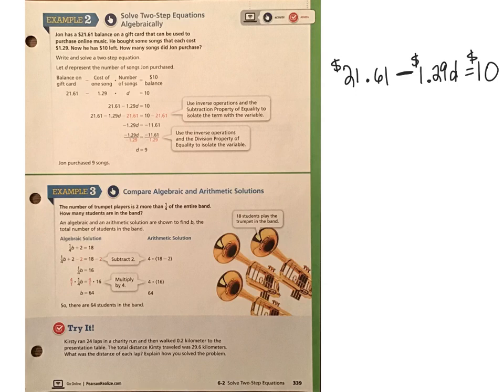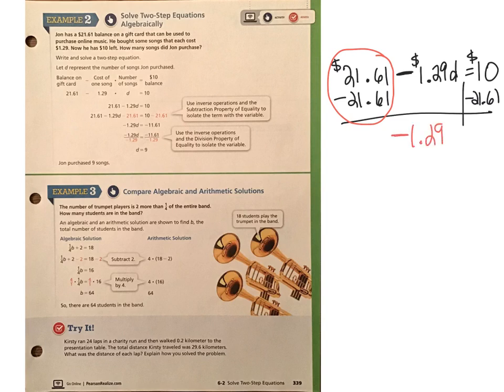Because we are trying to figure out how many songs he purchased, we need to know how much he spent on songs. So in order to know how much he spent on songs, we're going to take away that balance from both sides. Bear with me here. Use your calculator. Okay, and notice that when you do that here, you end up with a negative 1.29d, because remember that was subtracted, so it's like having a negative there, equals, and here you get a negative